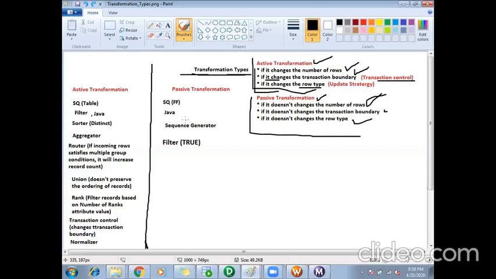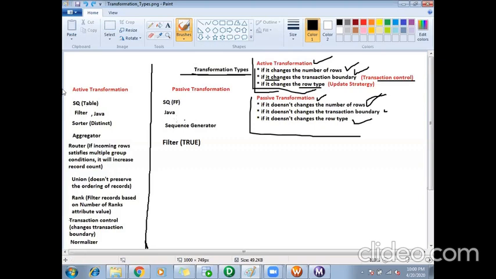If you tell, then they will ask you the reason why it is active. If you say some transformation is active, they'll ask you why. So these are the four sets of questions they will ask you in transformation types, and it is a 100% sure question. They will ask you for sure. What are the transformation types? What is active transformation? What is passive transformation? Whether this particular transformation is active or passive, and the reason behind it.